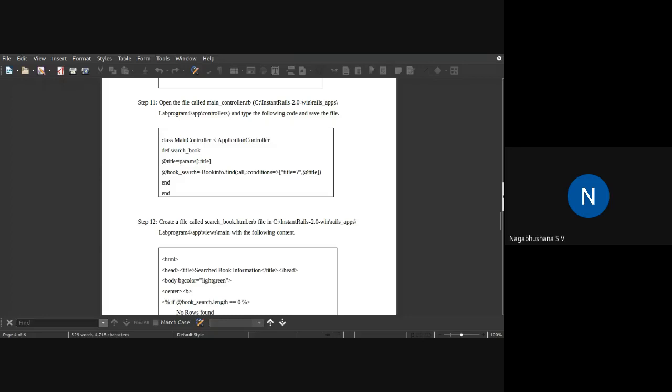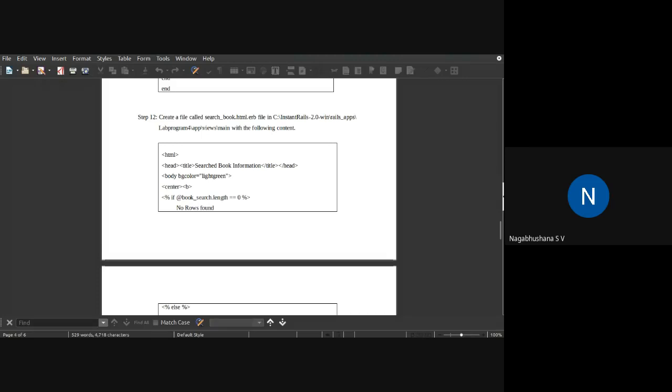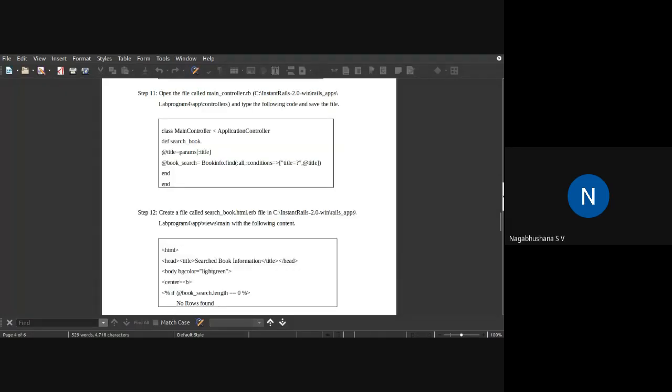Scroll up. For search_book, you have to give an end. You are ending that one, then automatically the last line will be there. So you have to write the code starting from line 2, line 3, line 4 and line 5.